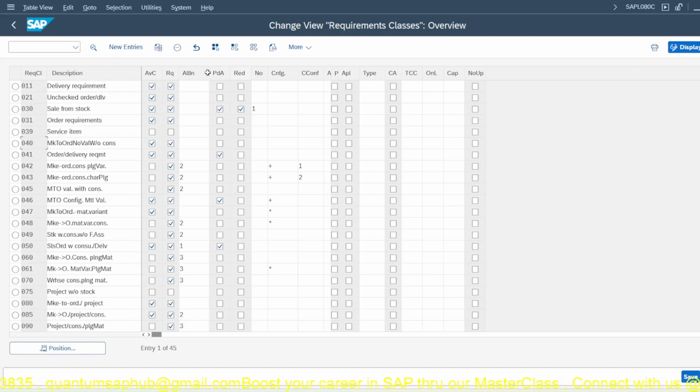So once we are doing the configuration, even if it is available for product allocation, it is there, and this also can be enabled. When we go for product allocation classes, we will discuss how we have to enable it. So once this requirement class is defined,